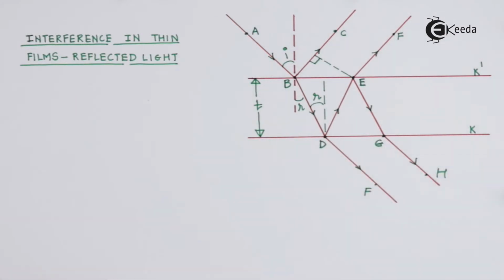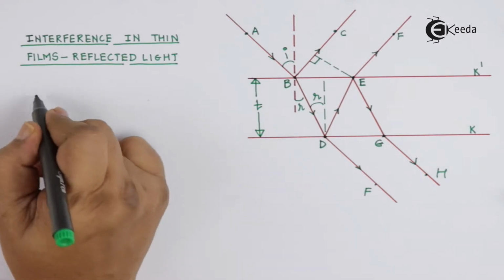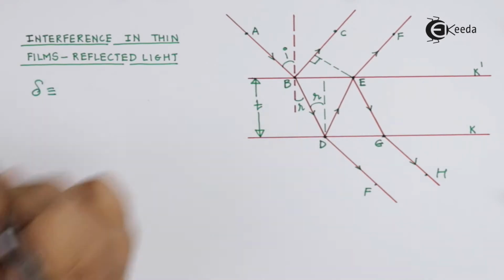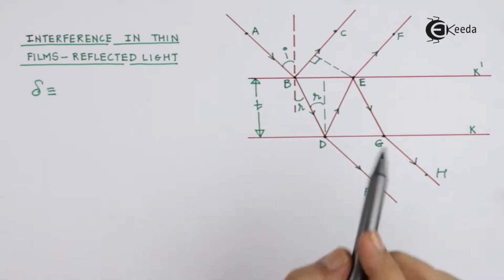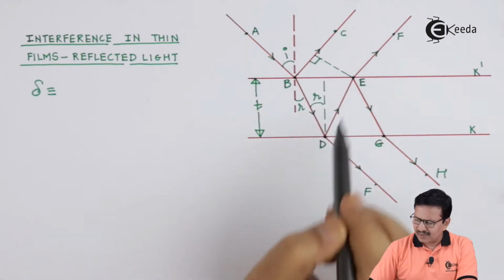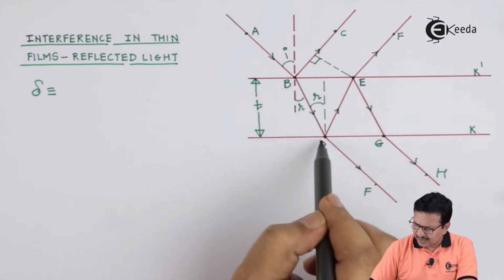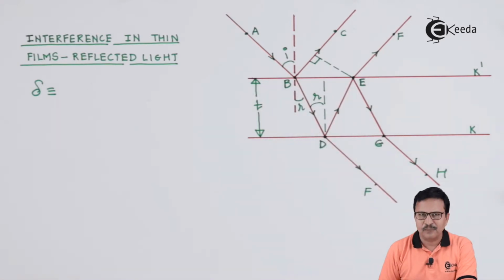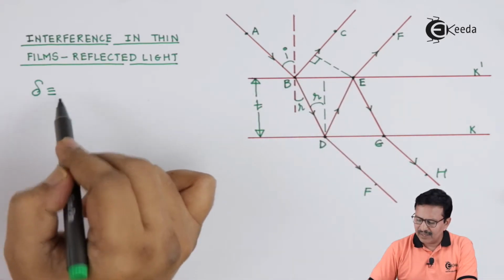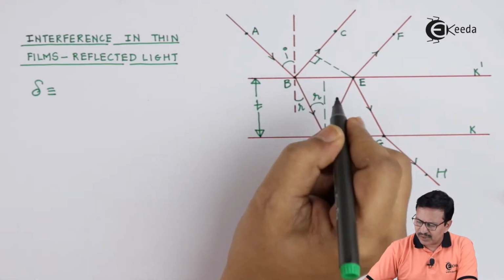When we are considering the interference due to the reflected light, we are going to focus only on this particular part. So first of all, let us try to find out what is the path difference between the ray BC and the ray EF. Now this ray EF has actually traversed this additional distance,